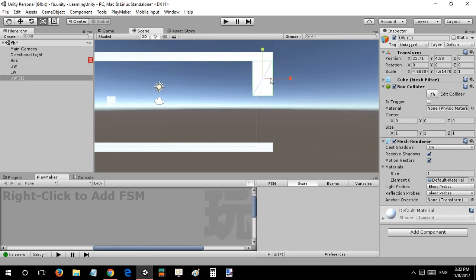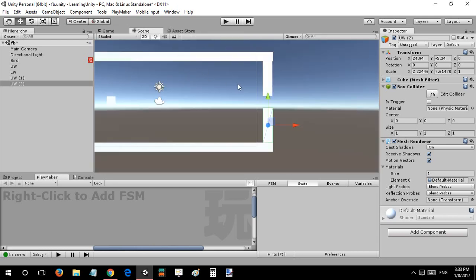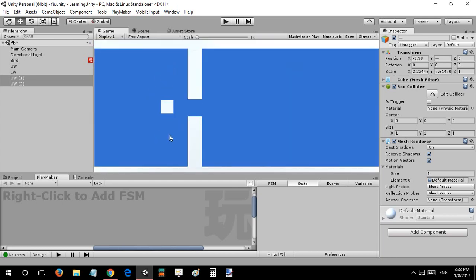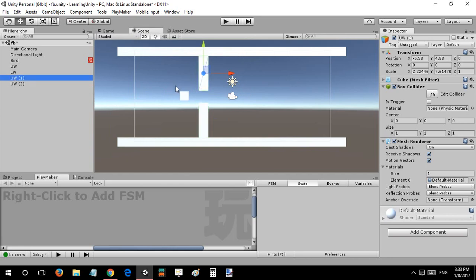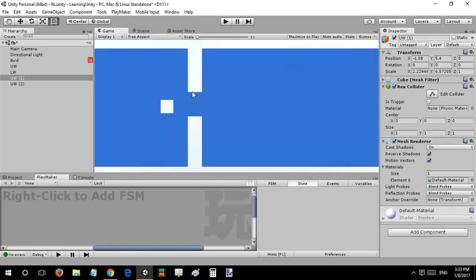Yeah. So this is going to be our obstacle, but that alone is not an obstacle. So I'll just duplicate this and bring it here. So we'll just take a look. 24.94, and we need to be specific about the values. So we'll just see whether these are, the player won't be able to fit in these, so we'll just reduce the sizes of these a little bit, and you can see that this will be doing fine,